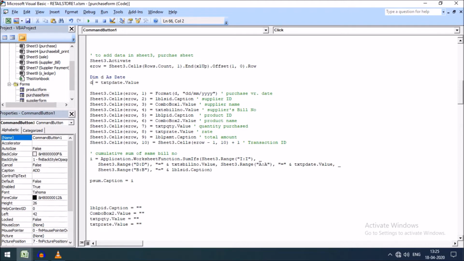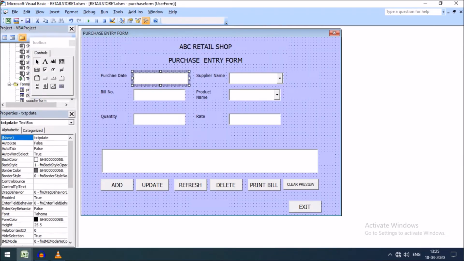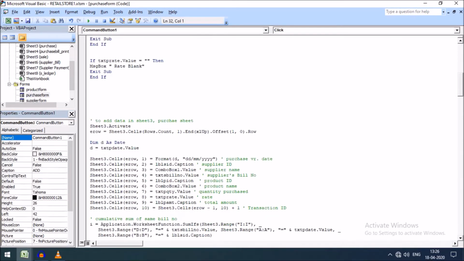I have assigned txt date dot value to d, the txt purchase date. Here you can see this is the purchase date. The value that will be entered in the txt pdate text box is assigned to d, and then I will display the date here, in the first blank row.